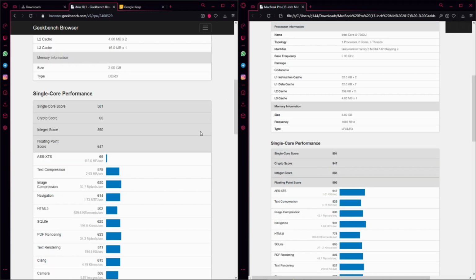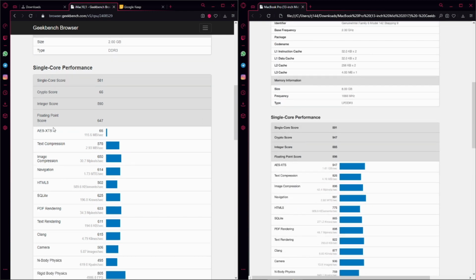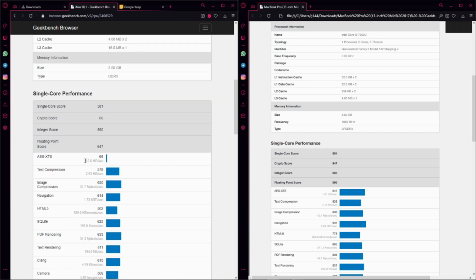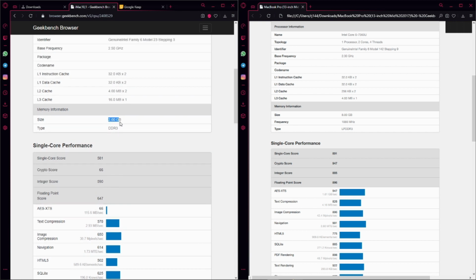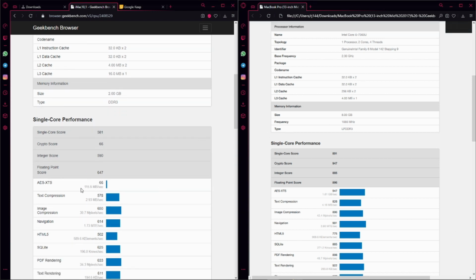Now let's compare some of the parameters between these two performance comparisons. Over here we can see the AES XTS score, which tells how quickly you can read from the disk and what the speed of the write operations per second is. Now it's very clear, since we have only 2 GB of RAM in our guest OS compared to the 8 GB here, the performance is not going to be the same. We can see that we are getting a speed of 115.6 Mbps, whereas in the regular Mac you get a speed of 1.6 GB per second.